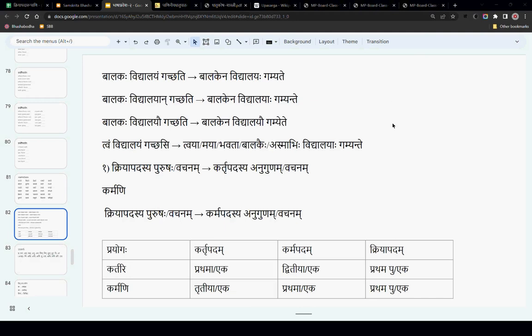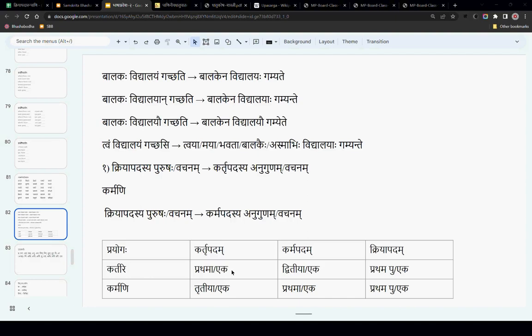So this should be quite straightforward, right? Like kartari, karmani, which we have seen. Like kartrupadam in kartari will be prathama vibhakti. So here the example is given as ekavachana. It doesn't have to be always ekavachana, but for this purpose of conversion,